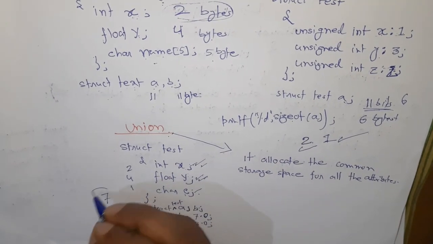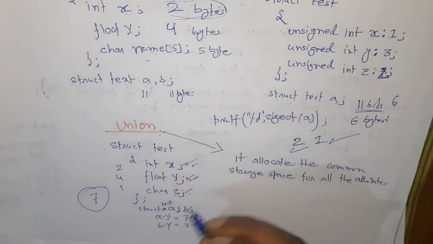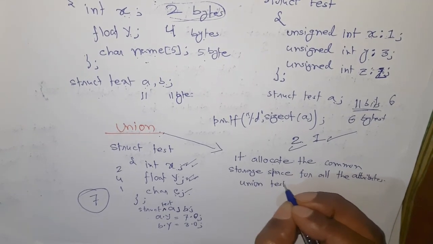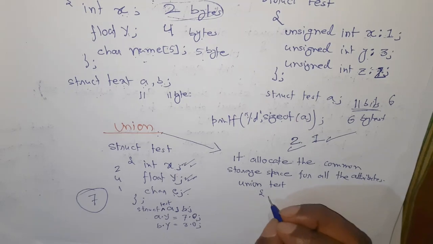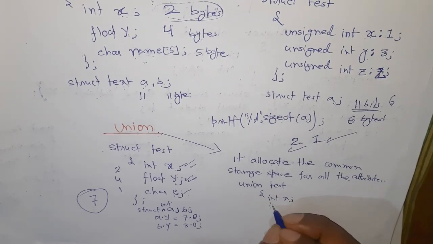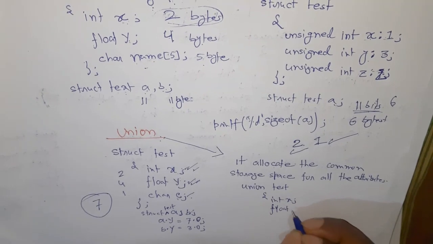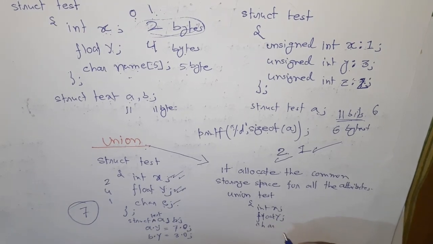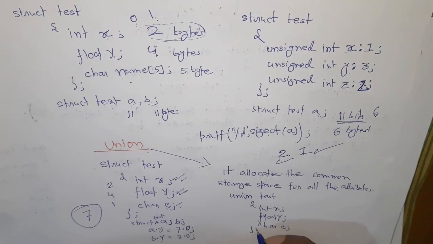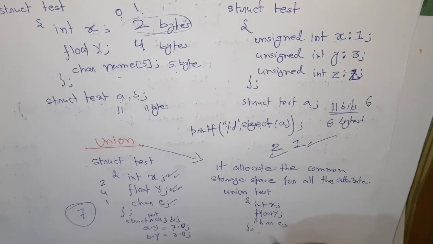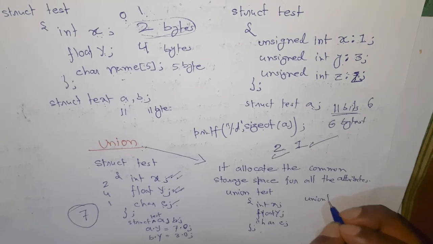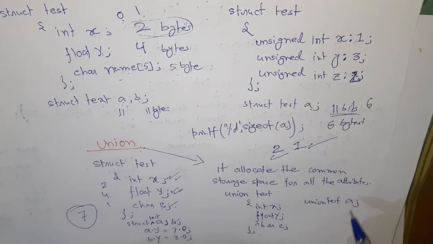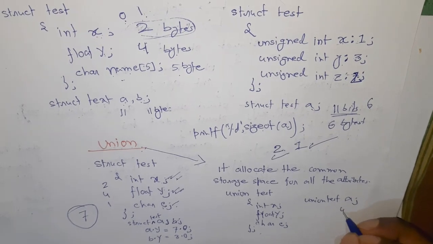So total is going to occupy a total of 7 bytes of space. But if we define the same things under a union, like union test, let's have integer x, float y, let's have character c. So if you define the variable, let's have the union test, suppose A. For A, it is going to occupy only 4 bytes of space